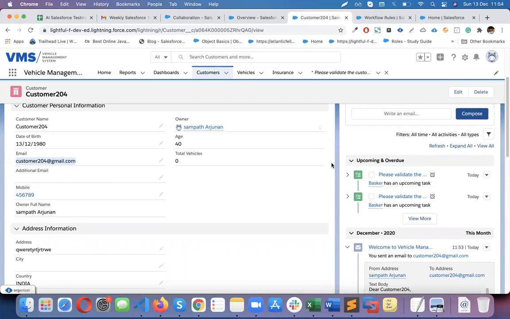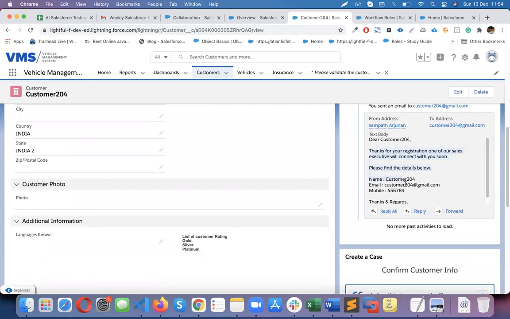So to avoid that, how do we automate this? Instead of doing it manually, the system has to perform it automatically. How do we automate that? Using email templates. First of all, again, we have a workflow. We can use the workflow to automate this. But for that, we need an email template, right? So we have to design the email template first. So now let's see how we can design the email template.